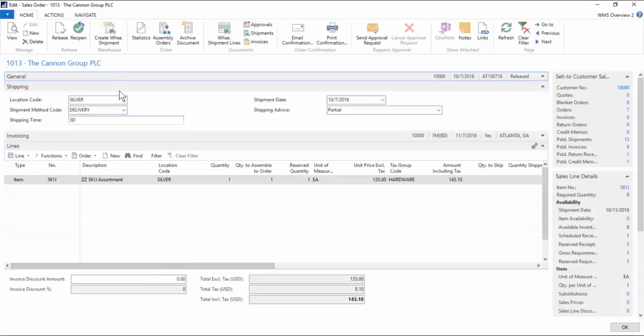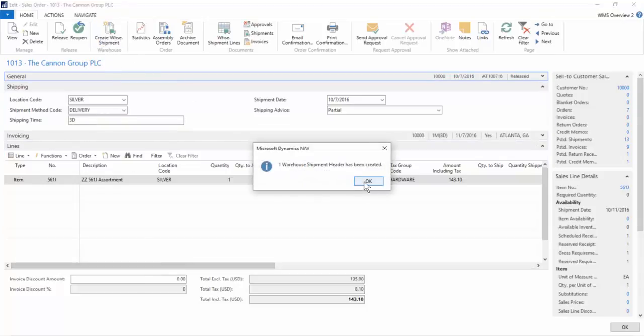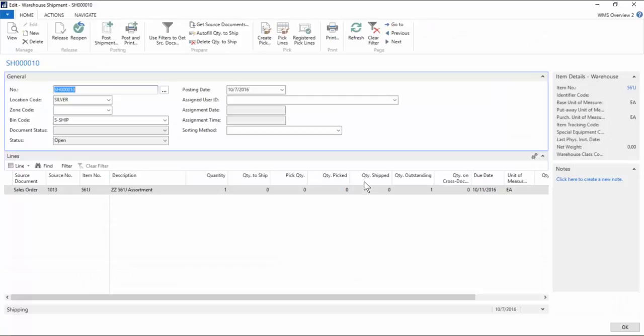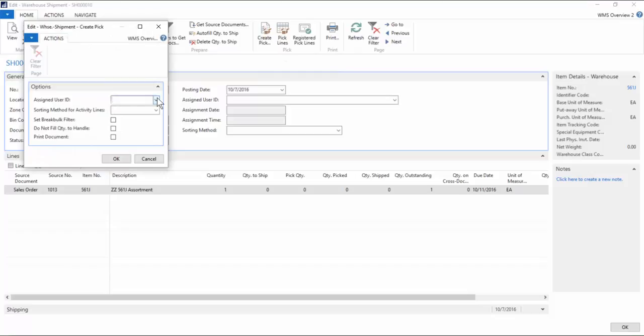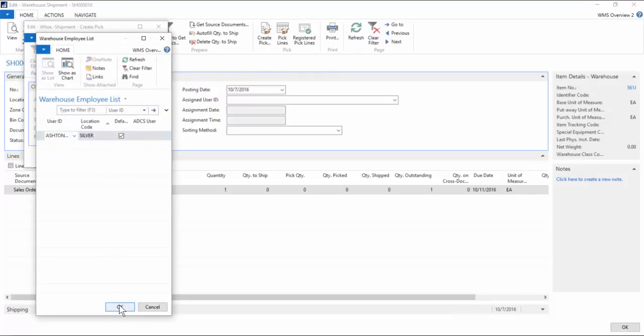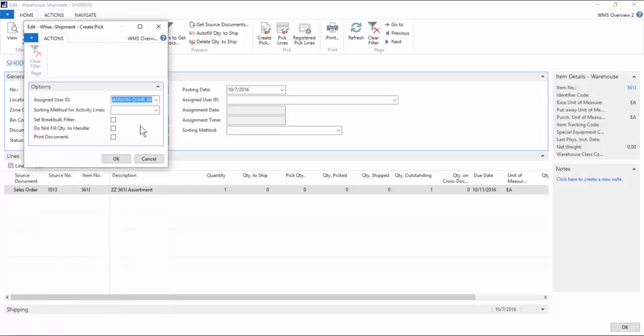To do so, I'll click Create Warehouse Shipment, and that creates the header document that will eventually be filled and then shipped. Now, this is the warehouse shipment document, and I know that I'm going to have to pick some items in order to fulfill this and ship it. So to do that, I will click the Create Pick button, and I'll specify who's going to do the picking, and that's going to be me, actually. One important thing to note is that I won't be picking this fully assembled kit. I'll be actually picking the components and getting them staged for assembly. So let's click OK,